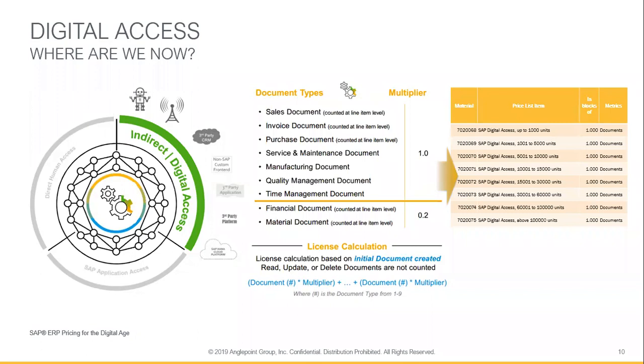From the price list, I've just taken a snippet of the price list that I have available for Germany. And doing the conversion to US dollars is a bit tricky, but just stick with me. We are talking about a licensing approach where SAP is selling you blocks of 1,000 documents, and depending on the volume tier you will hit, and the smallest one is 1 million documents per year, you pay a certain price. For instance, the first volume tier in Germany for the total 1 million documents that you will license comes at 50 euro cents. So that translates into something like 60 US dollar cents.